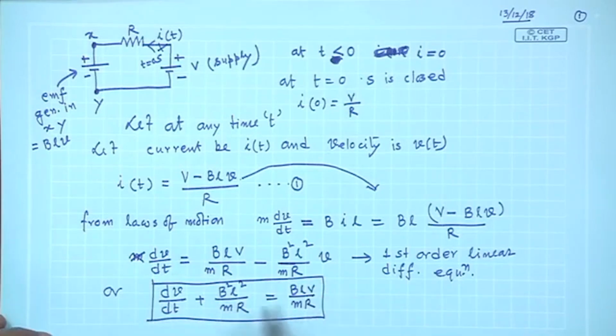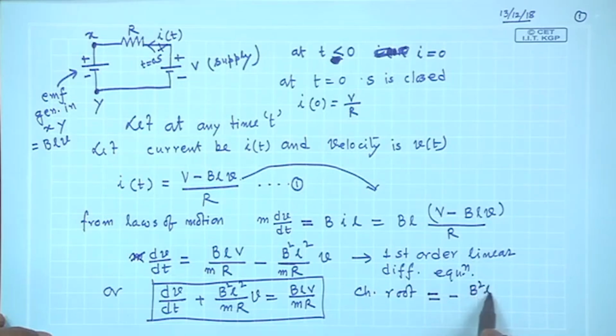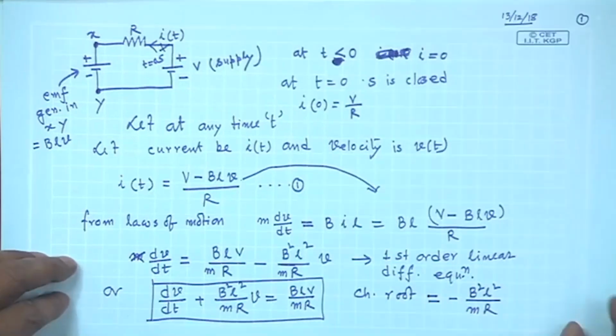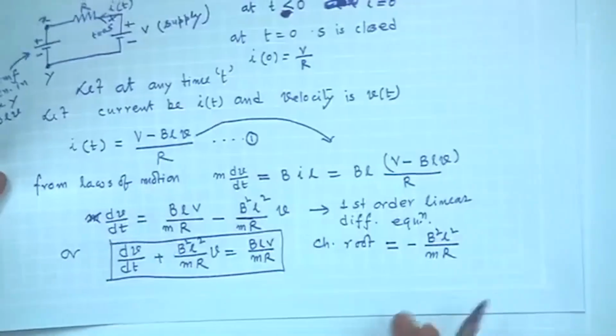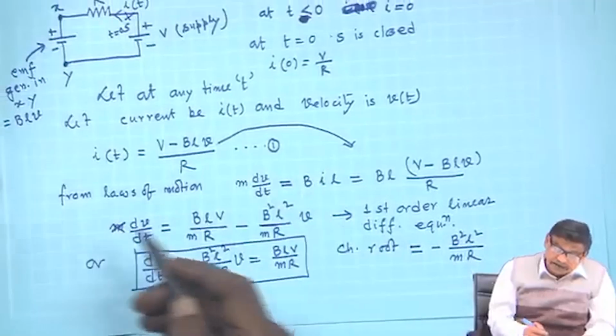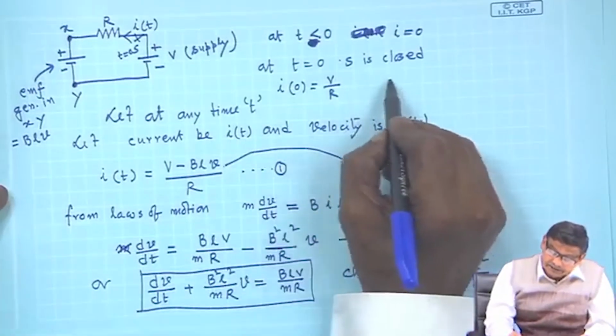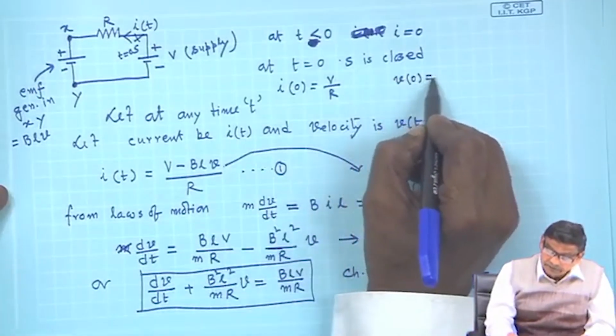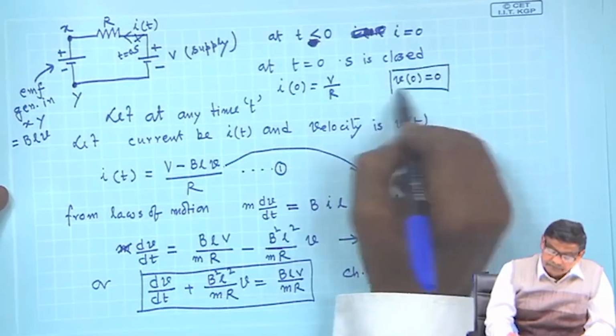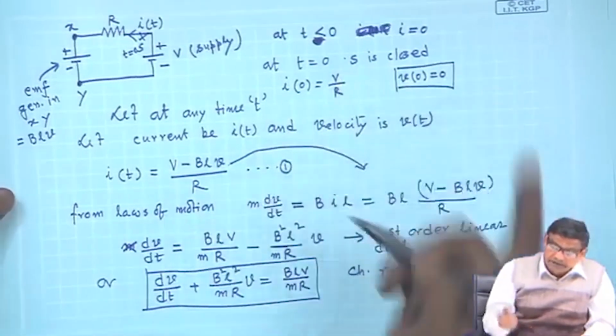And the characteristic root is equal to minus b square L square by m r. You must be knowing how to solve a first order differential equation with initial conditions. What was the initial condition? V 0 is equal to 0. I 0 was V by R, V 0 was 0. Therefore,